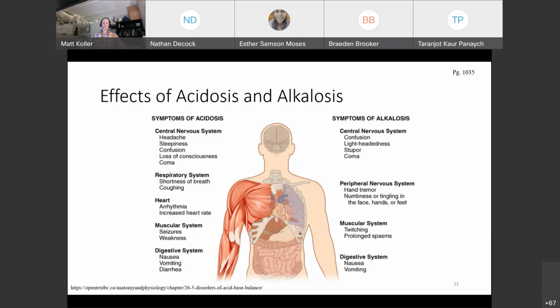So we've kind of skipped over the end of the pH stuff, but we're not going to go too in depth in that. But when you get into exercise physiology in second semester, that's when you really start to get more in depth with pH balance within the human body.